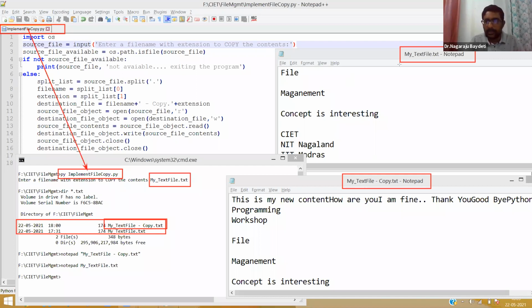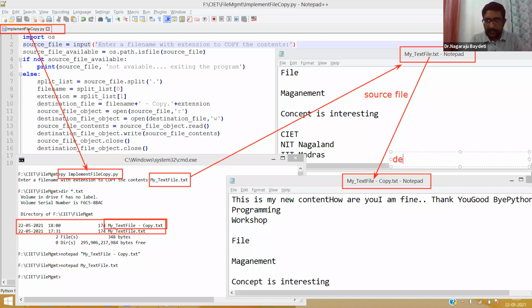I gave the source file. This is the source file. Then from the source file name, exactly the destination file name is created, and then the contents are copied.